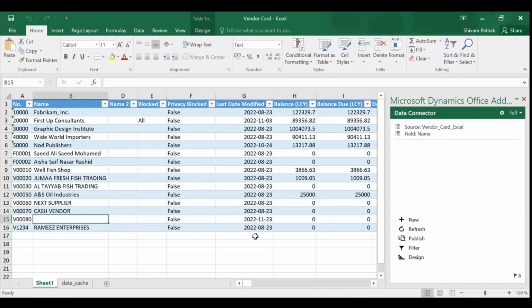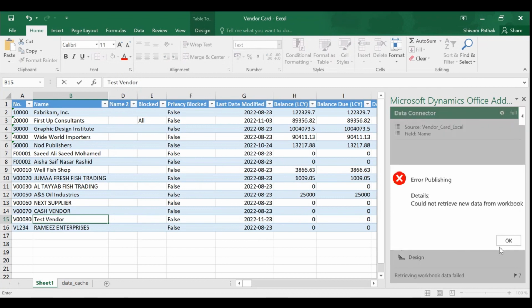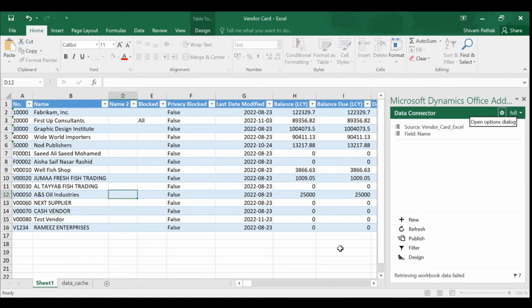Most people are familiar with Excel and comfortable with it. So let's say I just write here test vendor, and I simply click publish. Let me change it again and click publish. Once I click on publish, it updates the live environment of my Business Central, and it shows me, yeah, your publish is successful.